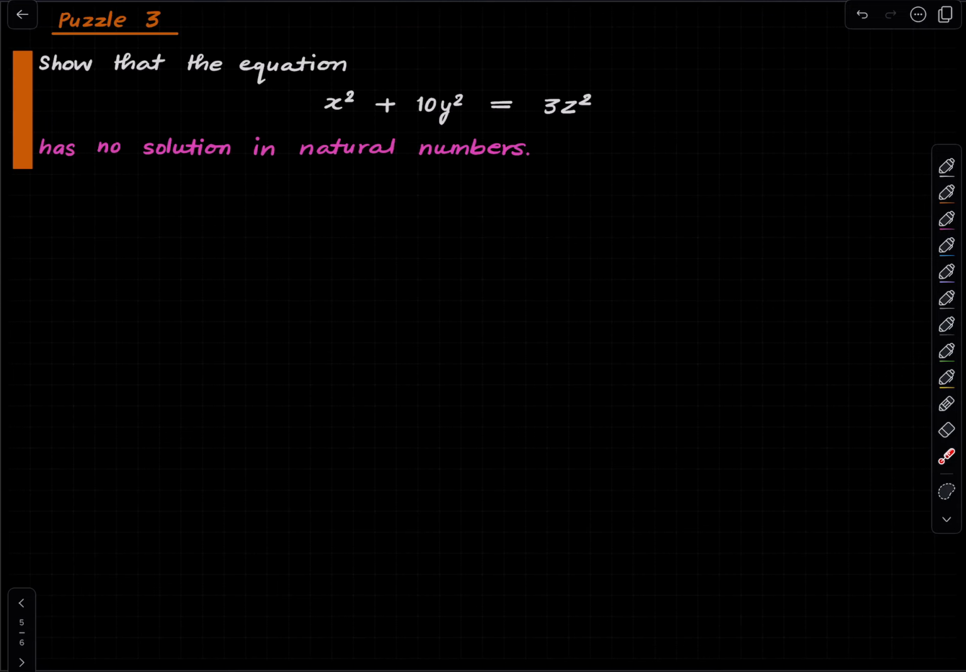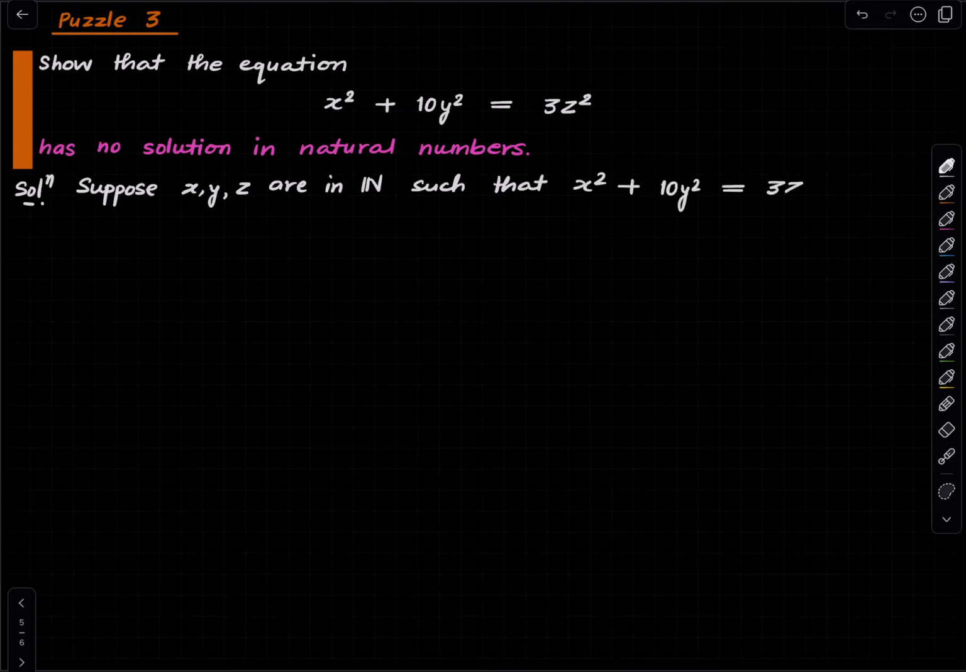So here is a solution. Note that we will proceed by contradiction. So suppose this equation holds, suppose x, y, z are natural numbers such that this does indeed hold, and we want to produce a contradiction, right? So then